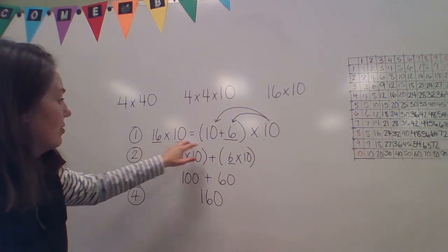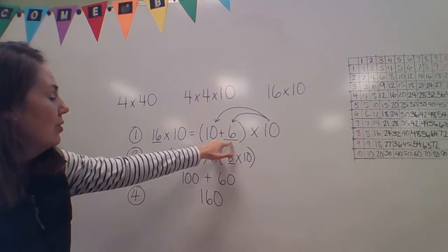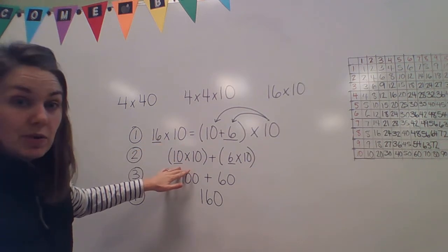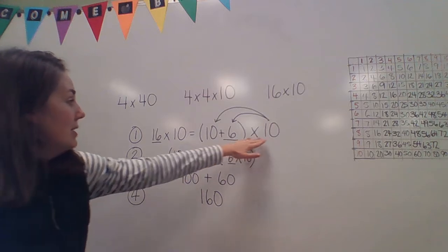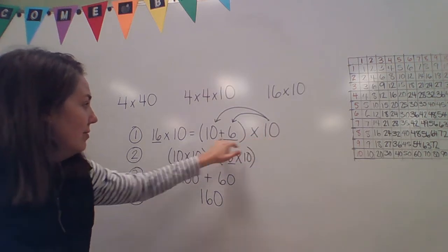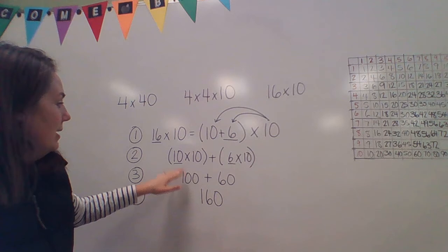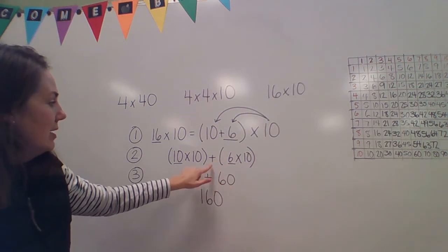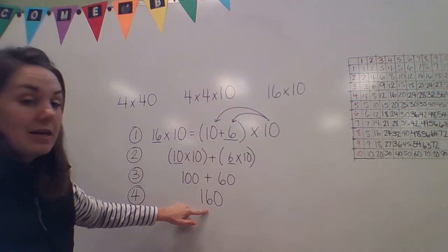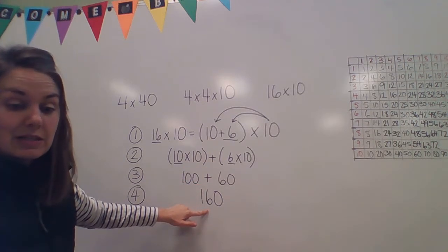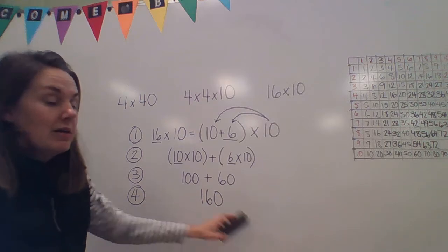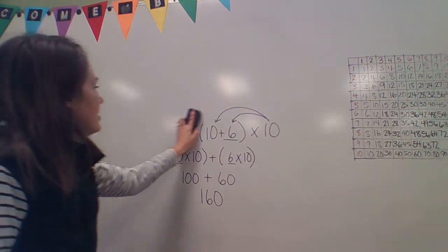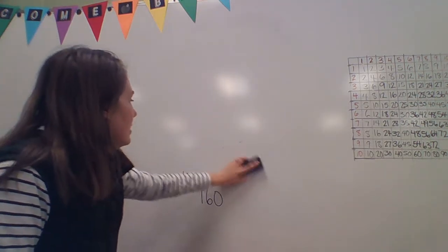First, we took 16, we broke it into 10 and 6. We're still multiplying it by 10. Then the second part, I just rewrote it in a different way, 10 times 10 and 6 times 10 from my part here. 10 times 10 gets me 100, 6 times 10 gets me 60. I'm going to add those together to get my final product of 160. Okay, so again, if that went too fast, go back and rewatch it because sometimes the second viewing is all you need to